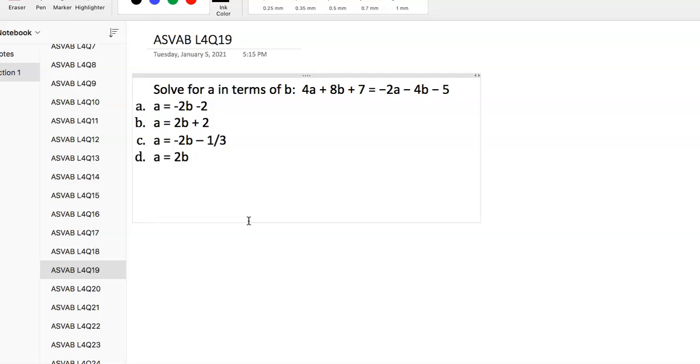Okay, these are always fun. Solve for A in terms of B. That phrase in and of itself throws a lot of people. When do you ever hear anybody talk like that? Never. Okay, except right now. All that means is that your answer should be, and all of the answer choices are, something like A equals B plus a number. So we want to get all of the A's over on the left side of the equation, and everything else on the right side of the equation. First thing here, let's add 2A